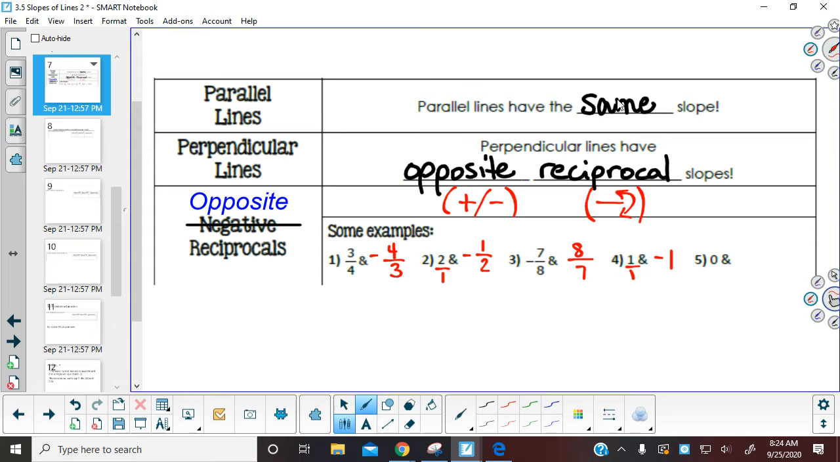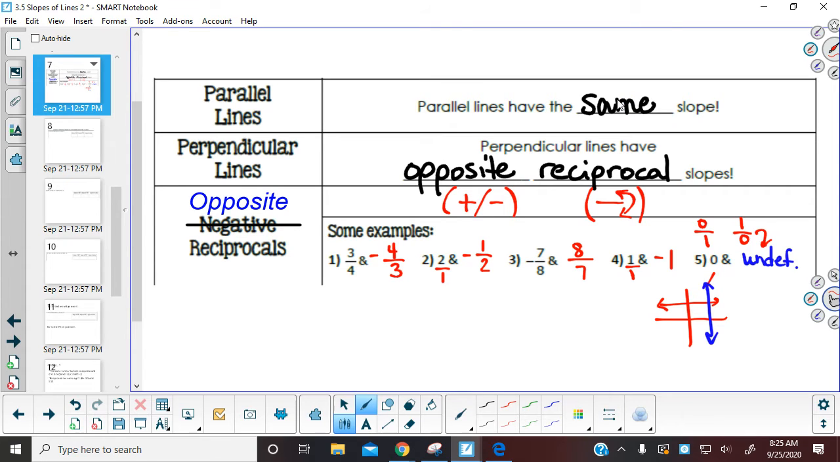Now, number 5 is a little bit tricky because if you're thinking about slope, if it has a slope of 0, that's going to be a horizontal line. Okay? So the line that's perpendicular to that is a vertical line. And that vertical line is going to be undefined. Another way to think of that is if we put 0/1 and we flip it, it becomes 1/0. And you cannot have a fraction that has 0 as the denominator,